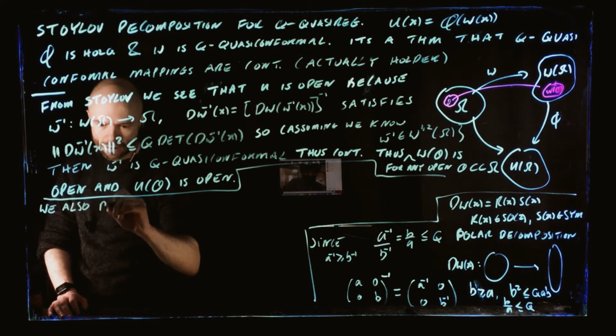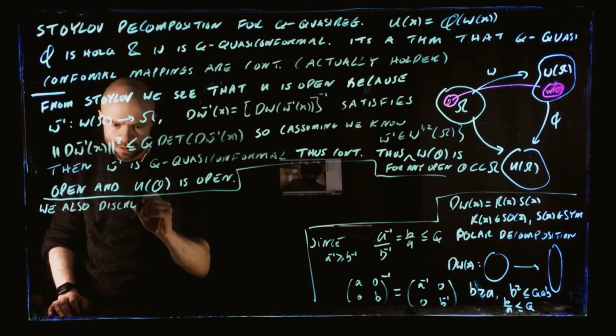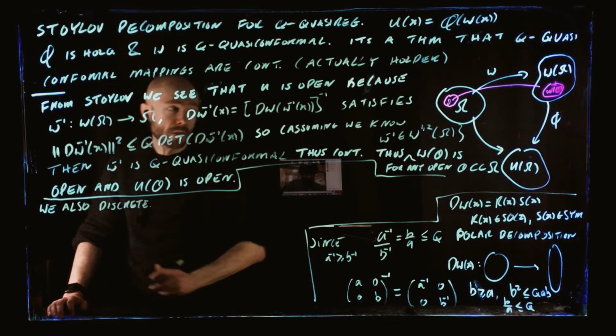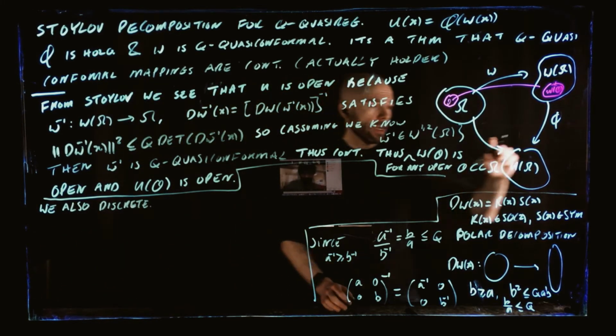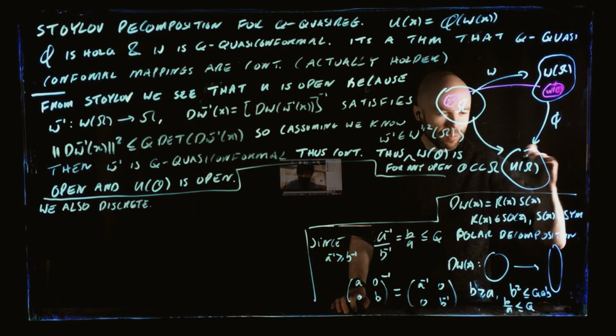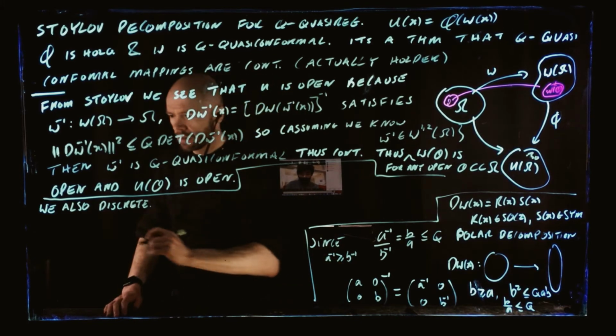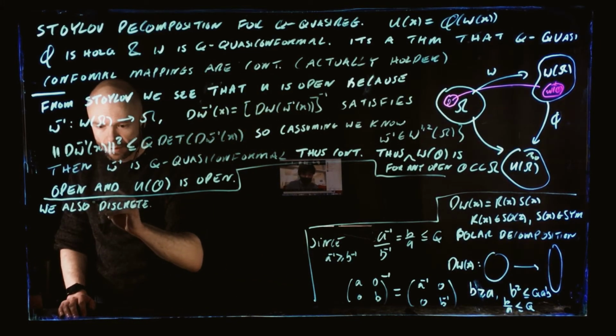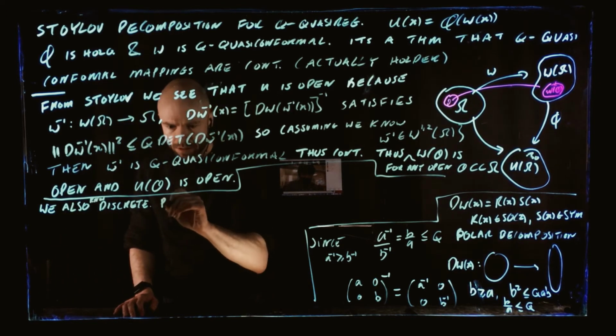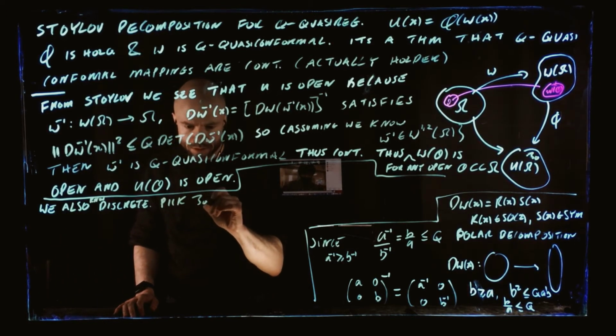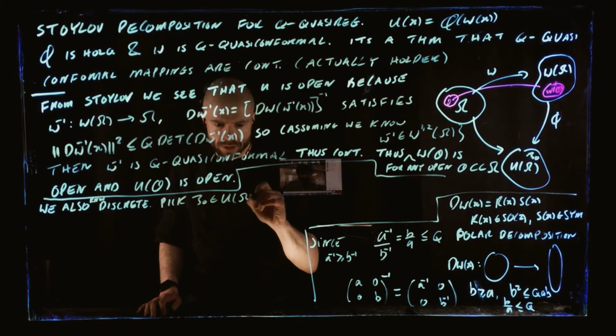Good. So it's also discrete. So if we pick some zeta 0 belonging to the image like this,